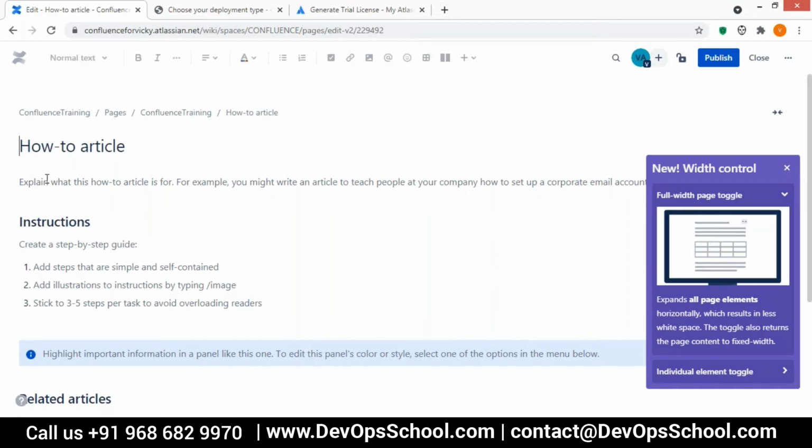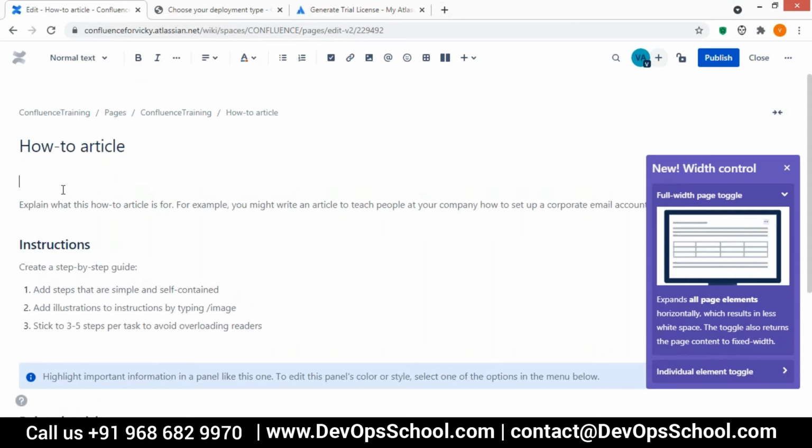For example, if I want to write, this is a string that has been written. If I want to make it bold, I can write, for example, this is new article. Okay, so I can make it bold.